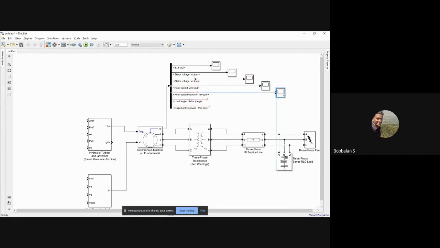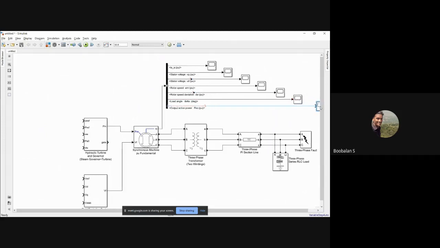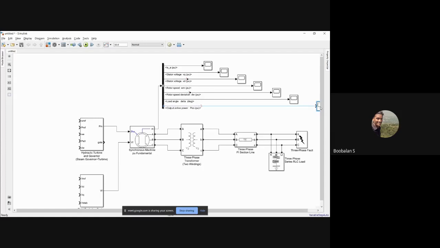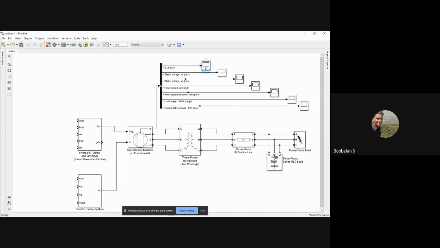Everything is now in per unit, right? And load angle, and finally output power, right? So just renaming these blocks.